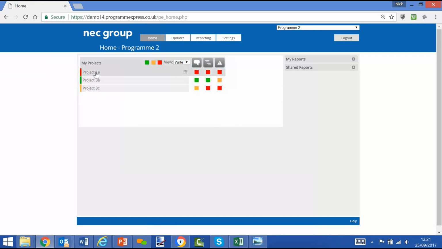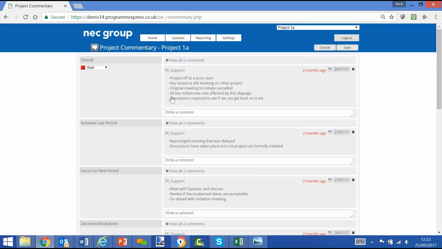the projects that they have to update. They can toggle and move to what they can read, and only the modules that they're expected to update. So in this case, commentary, plan, and risks. So from a project manager user perspective, they click on the commentary column, they see what they said last time,